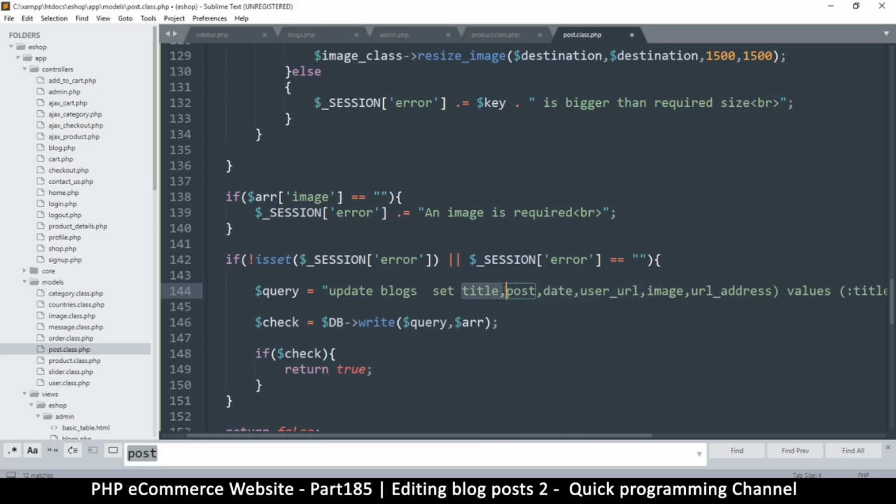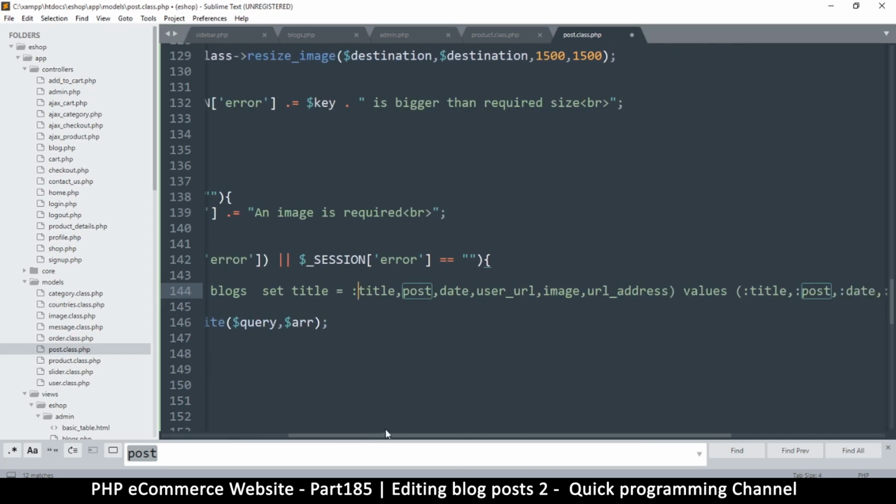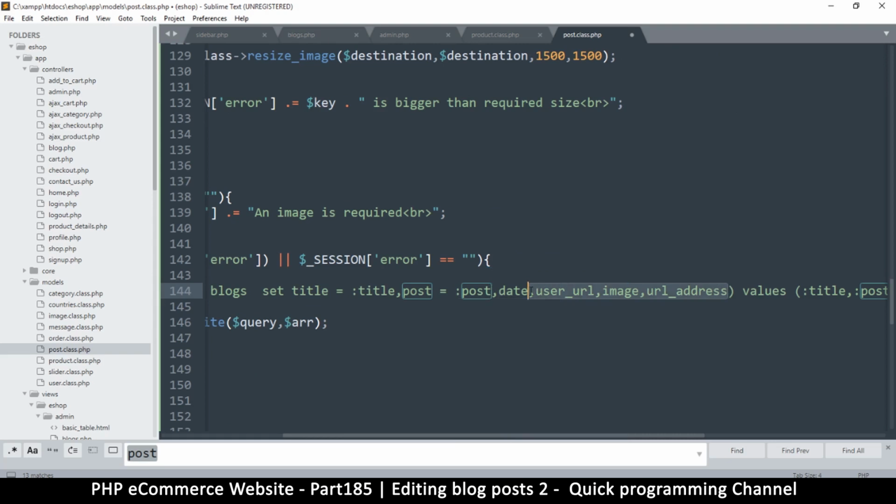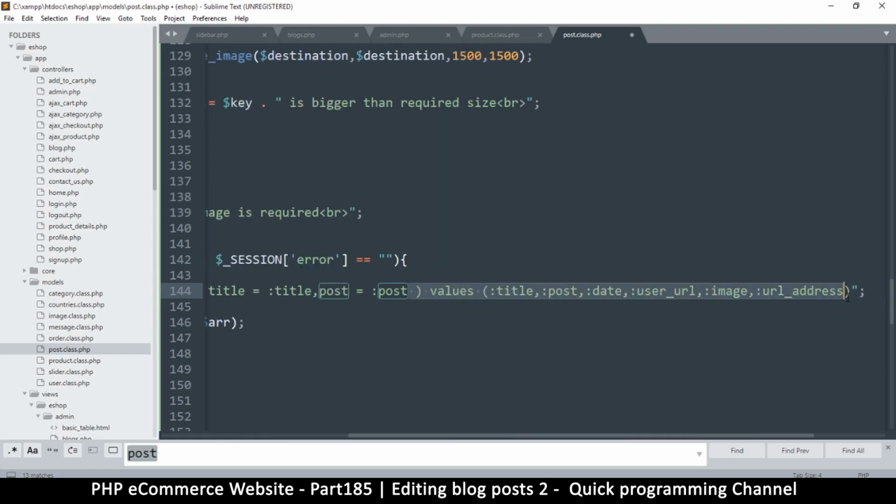So I simply need to duplicate this like that and add my colons there. So post there. So we don't need the rest of these. No sirree, we do not. Like that. What I need here is a where clause now. So where,